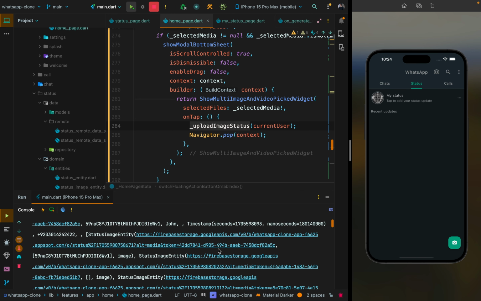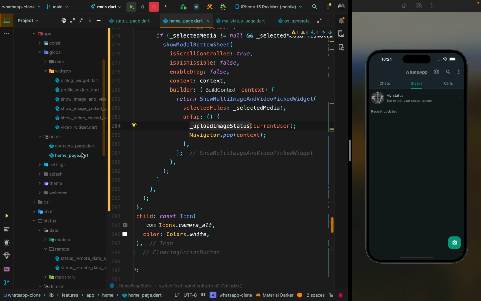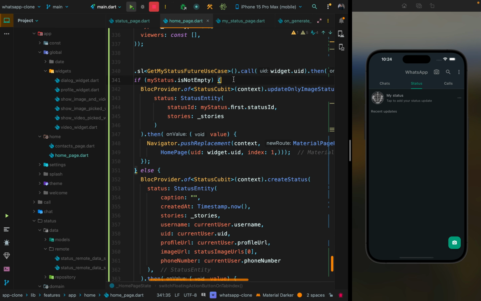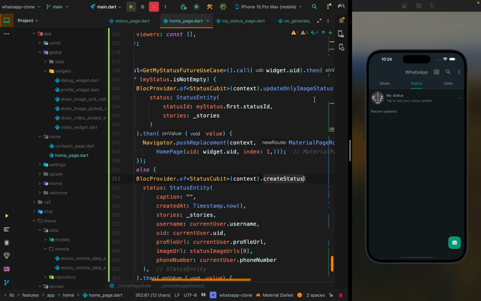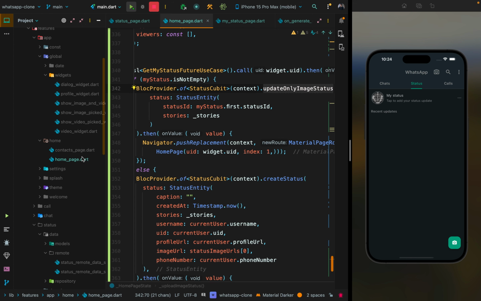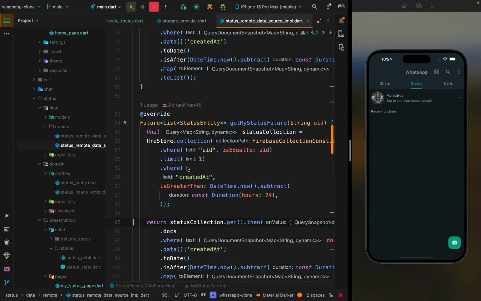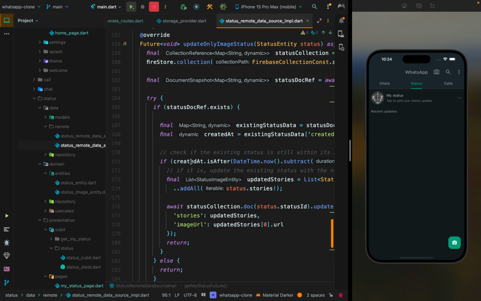Here it's saying some error occurred while creating the status. We were not creating the status, but we were updating it, right? Because this condition is already false in here. So when it's not empty, then you have to go for creation. Otherwise you have to go for update. So let's check it out in the remote data source implementation, get my status and scene, update only images,